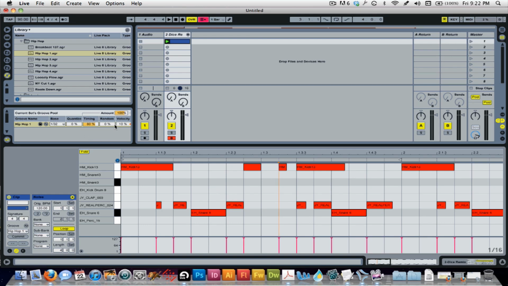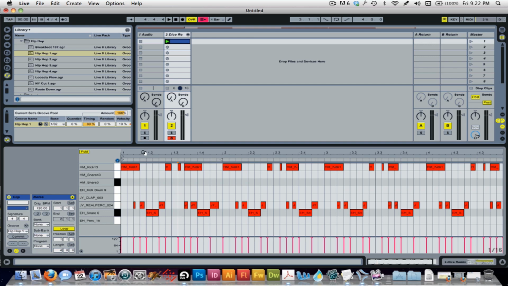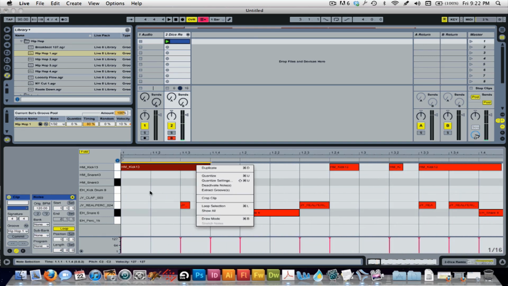You can also play around with the timing. So do you want to apply the whole amount of effect to this, or do you want it to just be kind of half amount? So you can play around with those parameters, but what I want to show you right now is if we click commit down here,